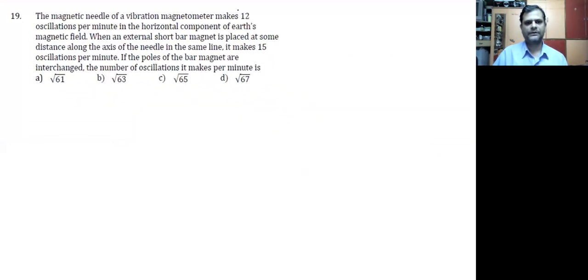Read it carefully. Magnetic needle of a vibration magnetometer makes 12 oscillations per minute in the horizontal component of Earth's magnetic field. Okay. When an external short bar magnet is placed at the same distance along the axis of the needle in the same line, it makes 15 oscillations per minute. If the poles of bar magnet are interchanged, then the number of oscillations it makes per minute is,